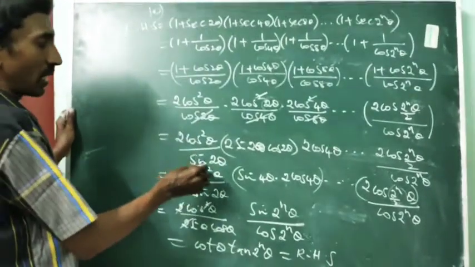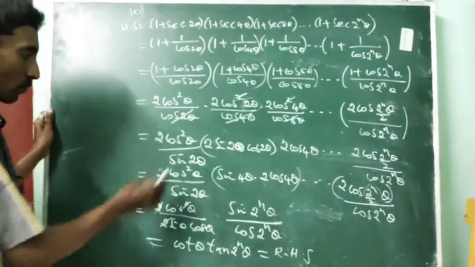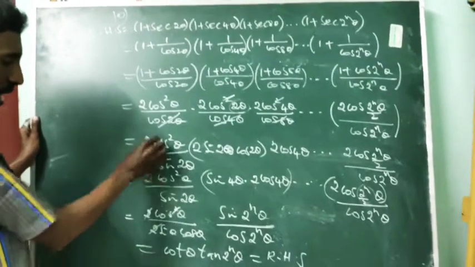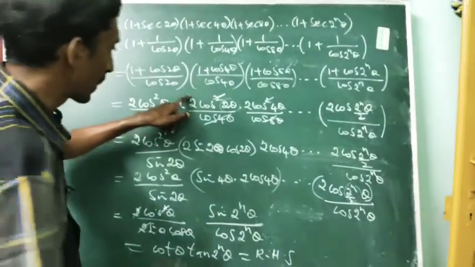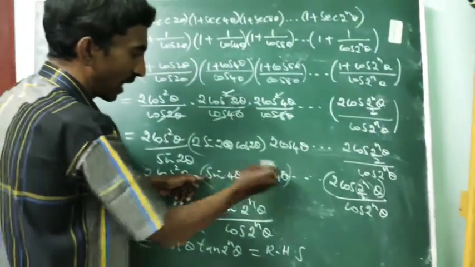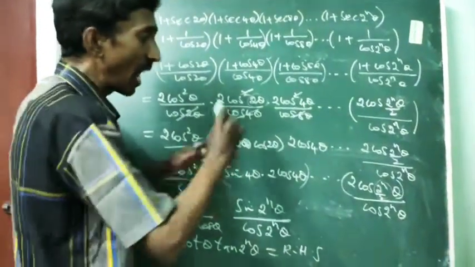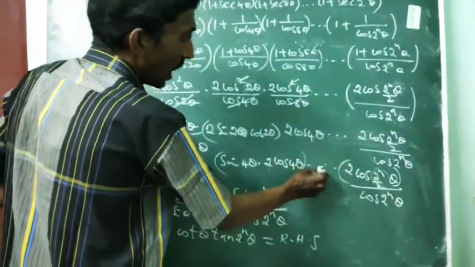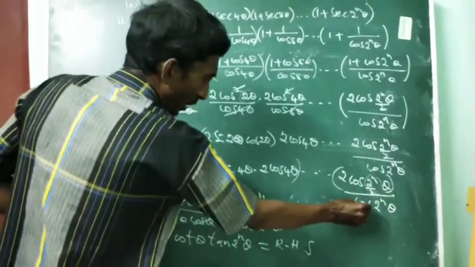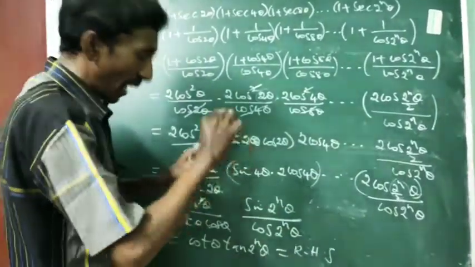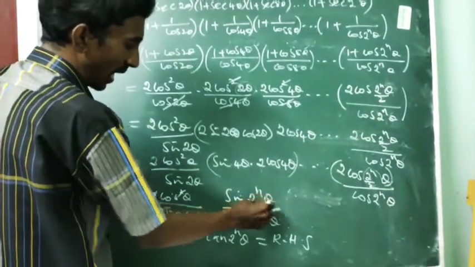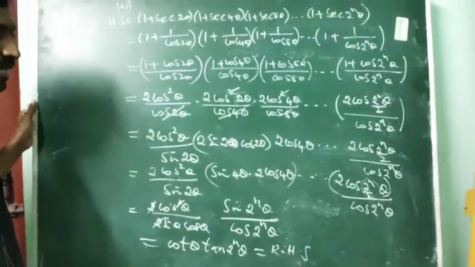So we have to multiply and divide by sine 2 theta. So this sine 2 theta can be written as 2 sine theta cos theta. So we can cancel, cos by sine becomes cot. So first 2 sine theta cos theta becomes sine 4 theta. Again 2 sine 4 theta cos 4 theta becomes sine 8 theta. If we move like that, we are getting sine 2 power n by 2 theta. If we combine with the last term, the denominator has no change, we are getting again sine 2 theta. So 2 cancels, we are getting sine 2 power n theta. So sine by cos becomes tan, that is the RHS.